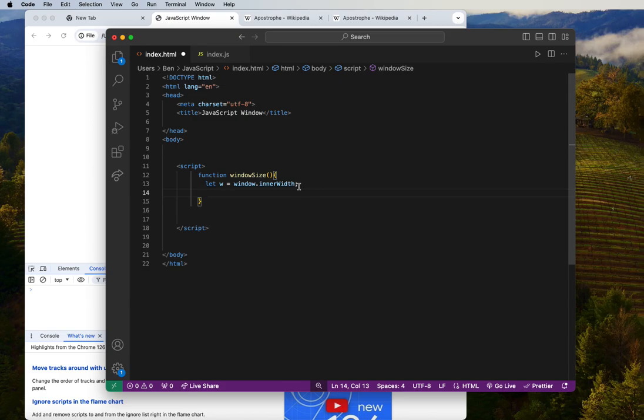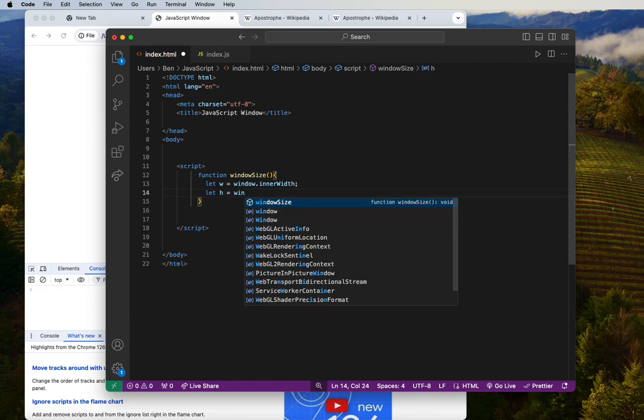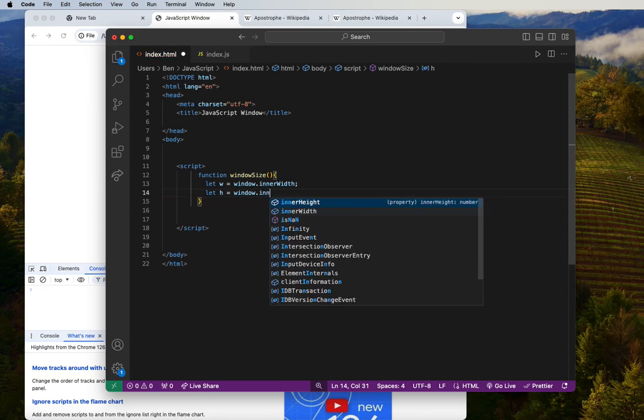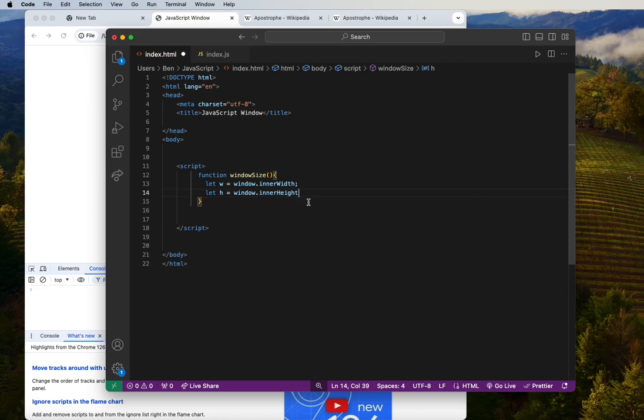Then we duplicate and add another variable called h, which is going to stand for the height, and we'll do window.innerHeight. Now let's try to do an alert printing our width,